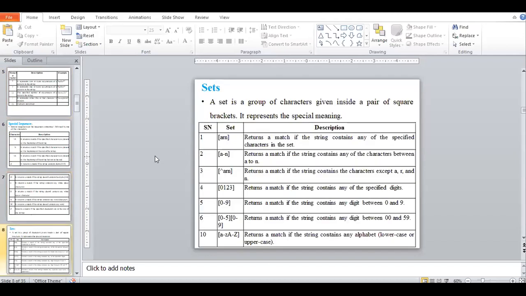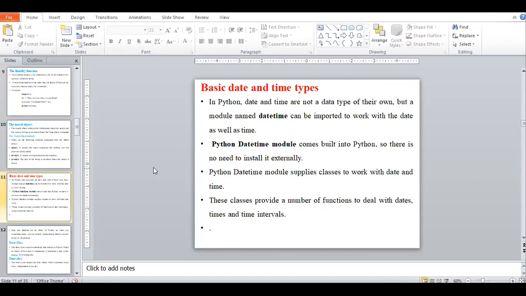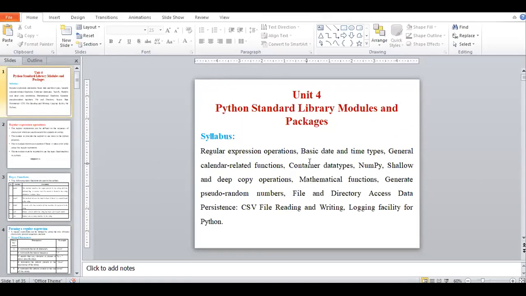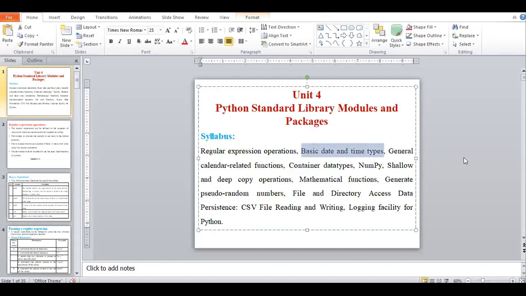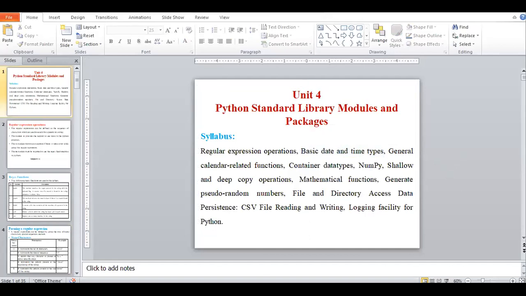Set means we use all these contents at the time of setting a password, or matching a string. All these points are related to regular expressions. Then basic date and time formats, meaning how we represent date and time in our system or anywhere we display the time and date. After that we performed some operations related to calendar functions.